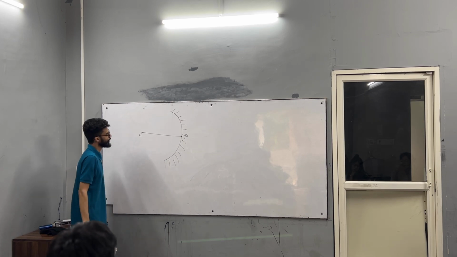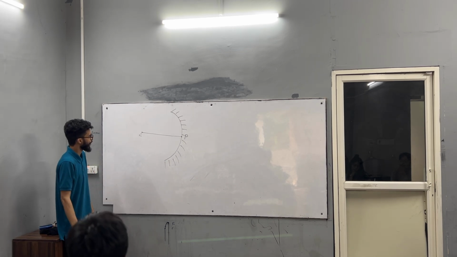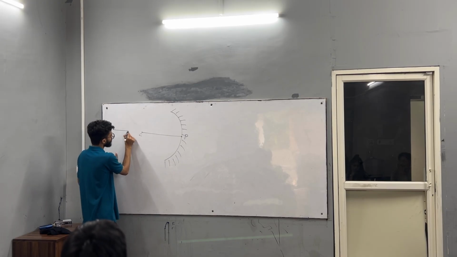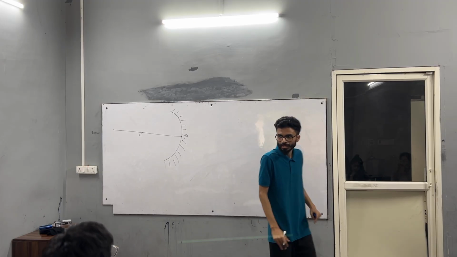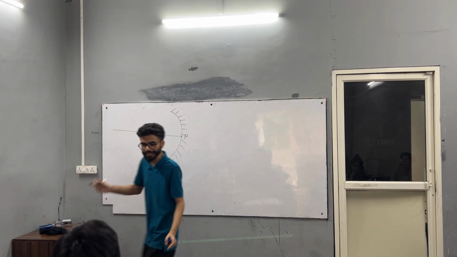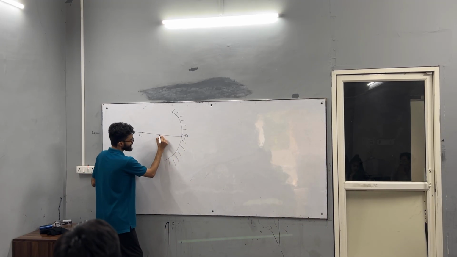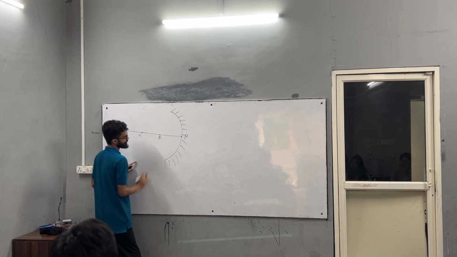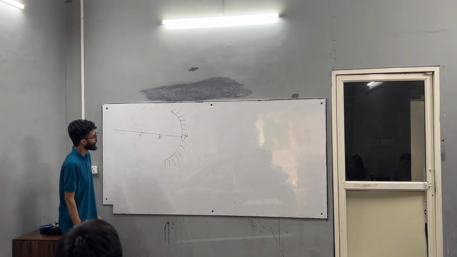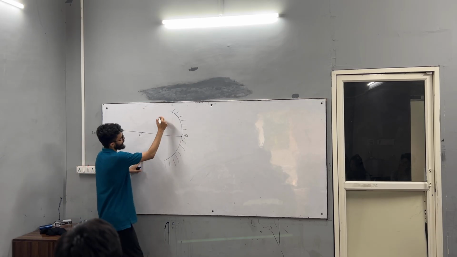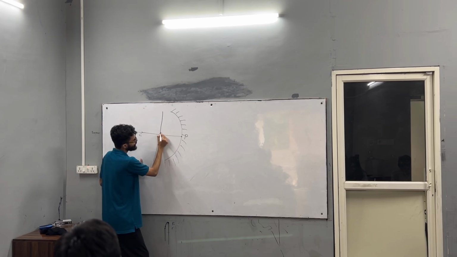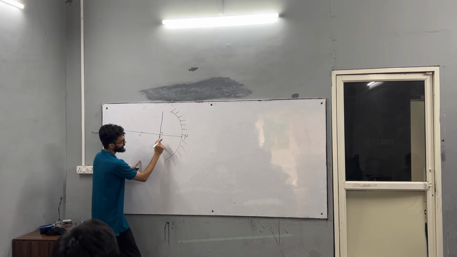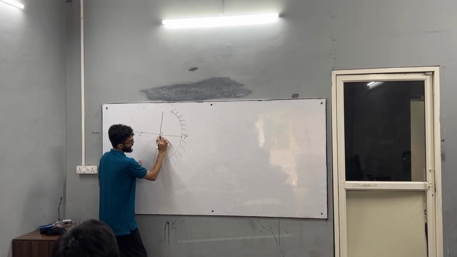Okay? Now suppose I take a beam of light. What is a beam of light? A collection of multiple light rays. And let me mark this principal focus, or just focus. Now what happens if I take a plane which is normal to the principal axis and passing through this focus F,